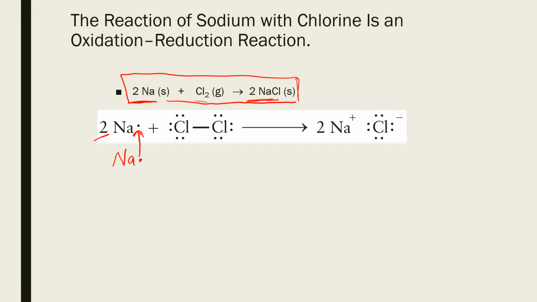And chlorine is a covalent molecule, and they are sharing their valence electrons so that their octet is complete. So as in this covalent molecule, both chlorine atoms are sharing one valence electron so that their octets are complete. So in this reaction, what will happen is that we have two sodium atoms, and